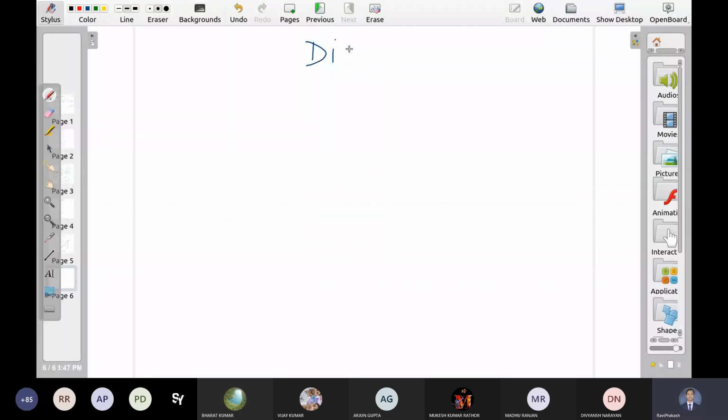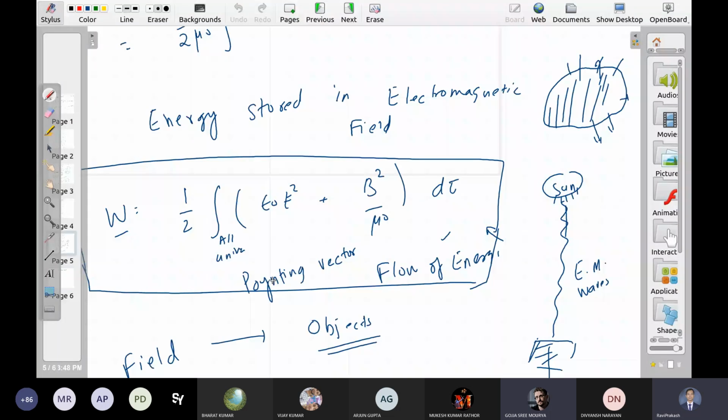But before we go to that, yes sir. It points in the direction of... yes, it's light, right? But what is the E cross B magnitude equal to? What is the meaning of the magnitude of this vector? Magnitude क्या बताएगा इस vector का? So this vector tells how much energy is being carried by the electromagnetic waves. कितना एनर्जी इलेक्ट्रोमैग्नेटिक वेव अपने साथ कैरी कर रही है और किस डायरेक्शन में कैरी कर रही है।